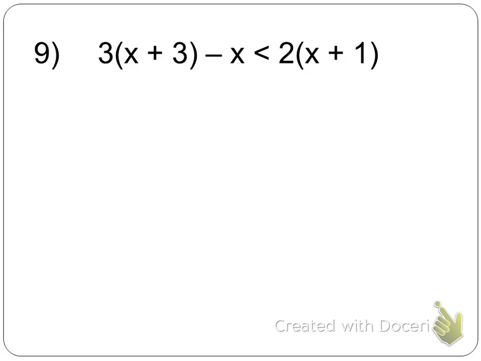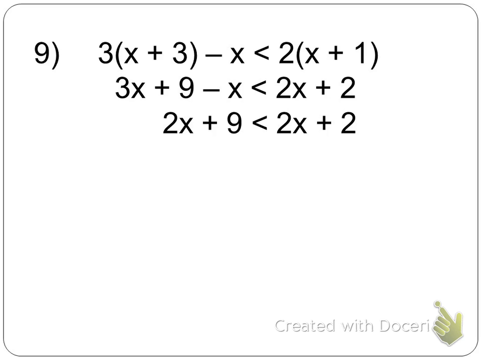All right, what should I do on this one? I need to distribute in the front, so 3 times x and 3 times 3. Don't forget this little guy. And then distribute back here, so 2 times x and 2 times 1. Your next line should look like this. Now, I got x's all over the place. So what's 3x minus 1x? 2x. Minus 2x. When you subtract 2x from both sides, you are left with the statement